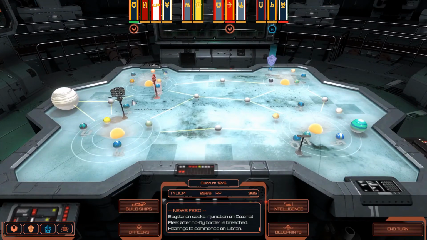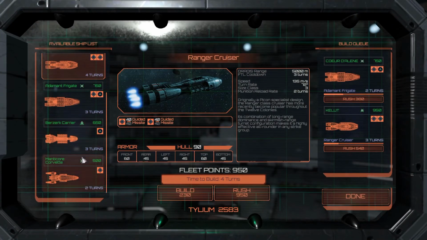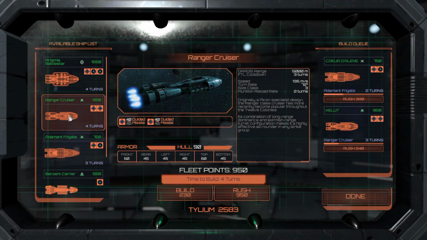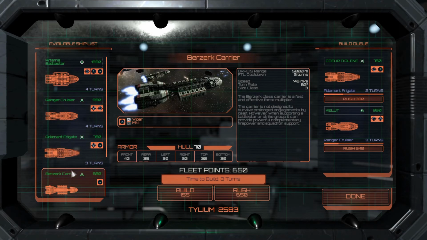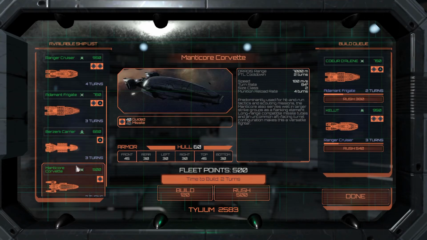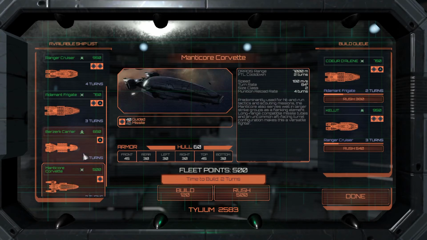Speaking of in construction, let's have a look at our beautiful ship. Okay, we're down to 3,000 points, so I am very intrigued to upgrade some of that. We actually lost, like I said, a Ranger and 1 Berserk carrier. This thing is completely useless. It has actually more hull but less armor than a Manticore. The only thing that this thing is good at is...